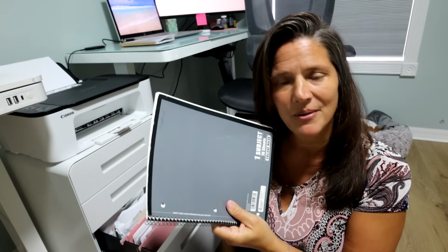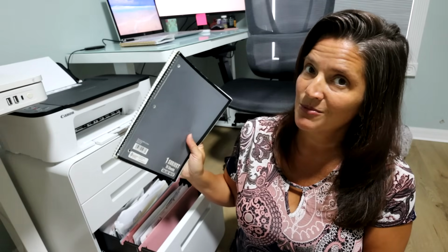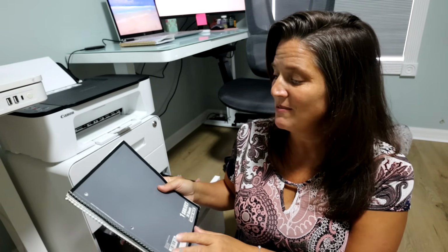And so I did start writing for my kids on my computer. I did little journals on there, and then computers crashed, and this was way back before everybody had a computer and phones. And so then I'm like, what if we don't have a computer one day? How would I keep up on this? So then I started going to good old school paper. I get these for 10 cents when the school year comes around. And what I would do is